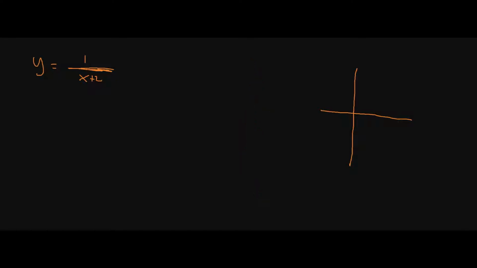So if we want to find the vertical asymptote, we just focus on the denominator, right? What number do I need to plug in here so that this whole thing becomes 0? Well, I'll just solve for it. 0 is equal to x plus 2. We'll subtract 2 from both sides, and we're going to get that x is equal to negative 2. So that means negative 2 is where my function should have a vertical asymptote.